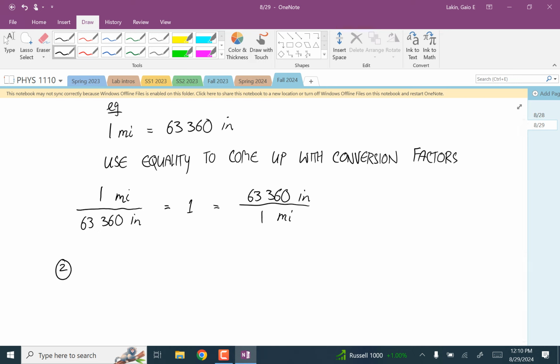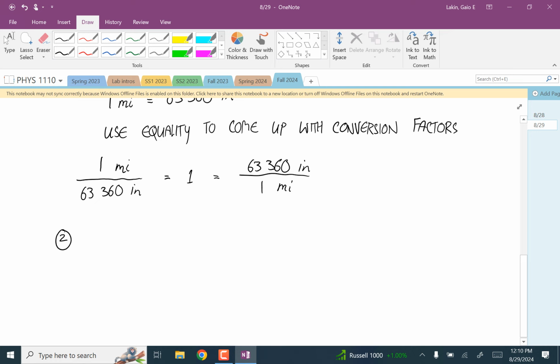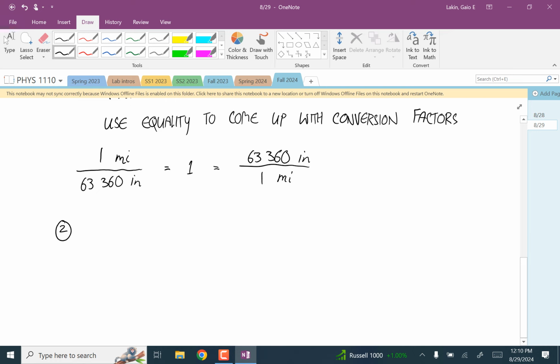You can treat it just the same way as an algebraic variable. If this is a foot, okay, then 50 feet is 50 times this length, okay? And so what you're going to do for a unit conversion is you're going to start with the given quantity,